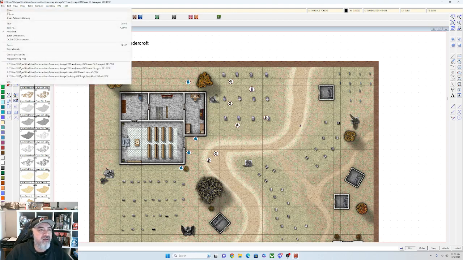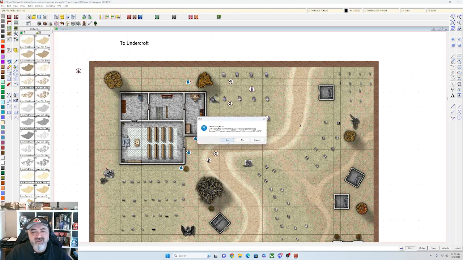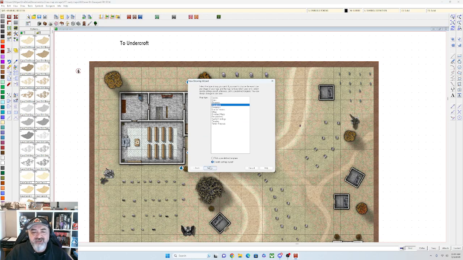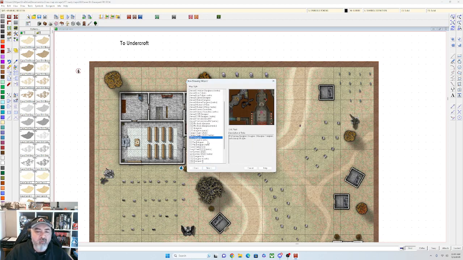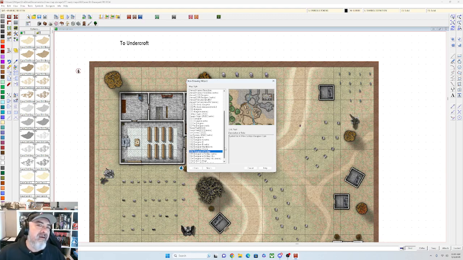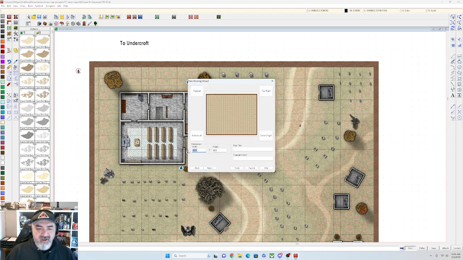So we're going to go to File. We're going to hit New, Save Changes, yes. We're going to go with Dungeon. I'm going to go with SS4, the symbol set for Dungeons of Schley. It's relatively versatile, though. I mean, the art set you're looking at is mostly of that, so we'll just go ahead and stay consistent. We're going to go 200 by 200, decent sized map. That's the same map that you're looking for here. That'll give us a little bit of room for an outdoor